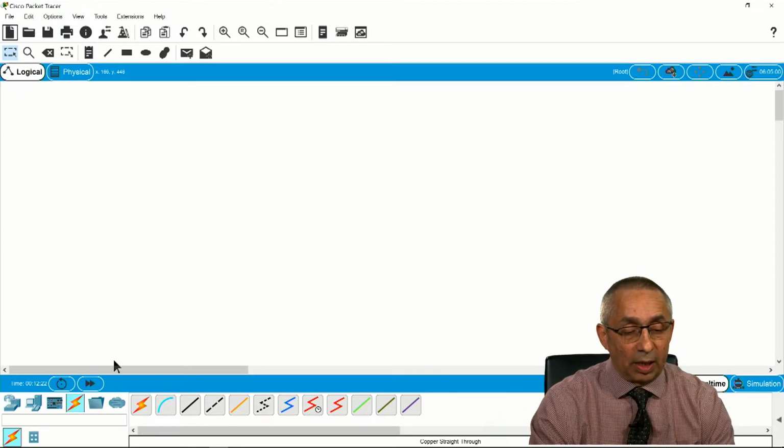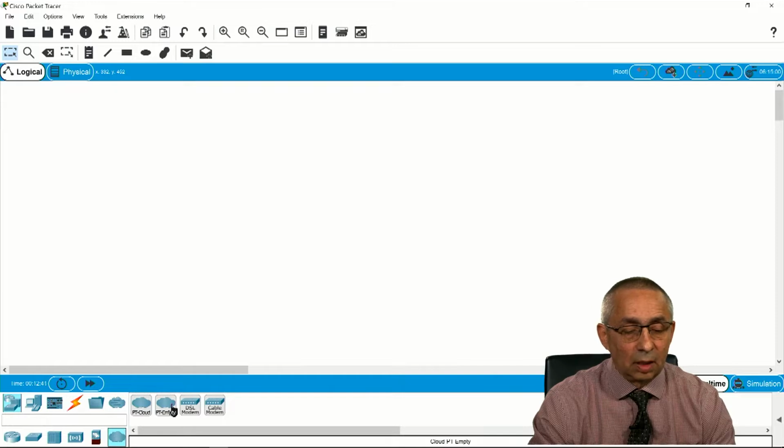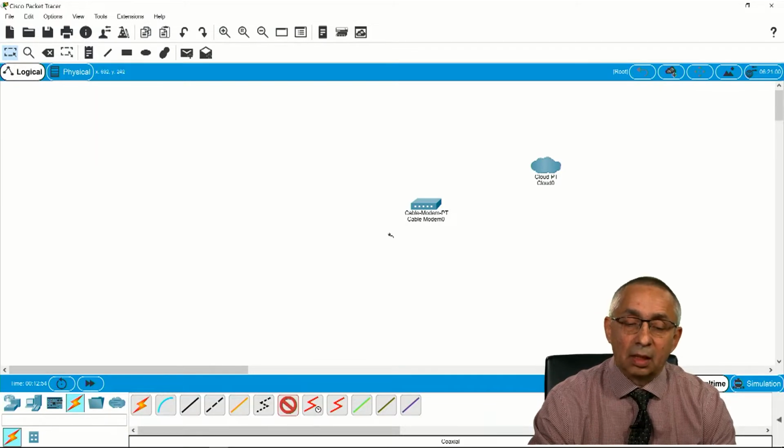And to do that, what I need is to have all the resources that I need. For example, to set up a small network using a cable connection, connecting to your cable provider, I can use my cable provider. The cable provider is going to give me a modem, and that modem needs to be connected using coaxial cable